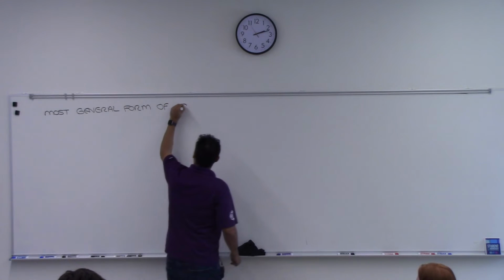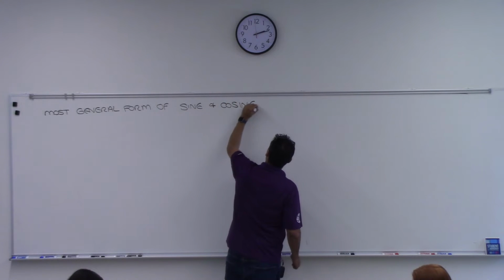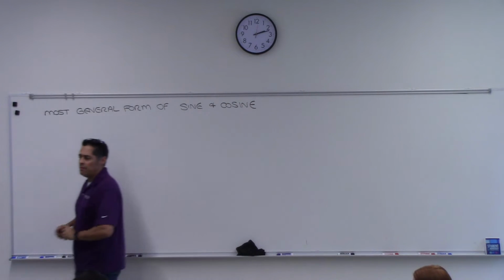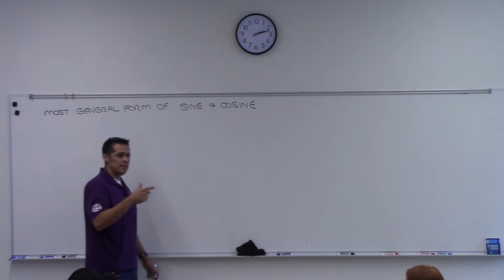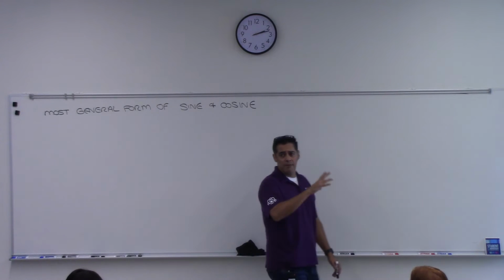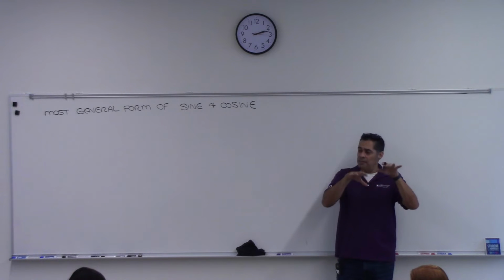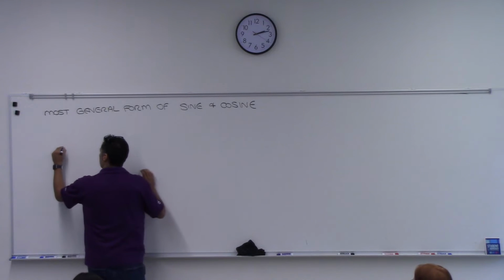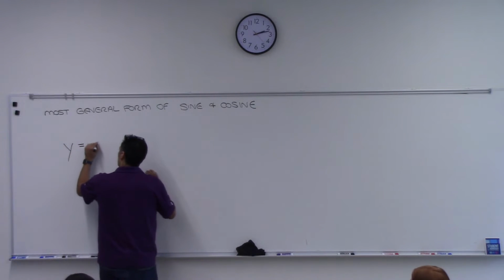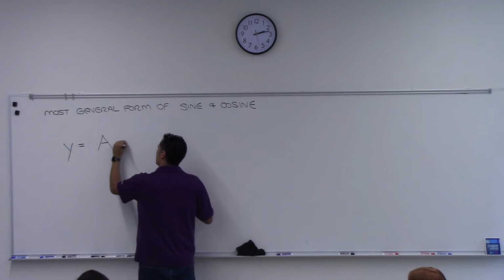of sine and cosine. Sine and cosine are the fundamental trig functions. From sine and cosine, you can build all the others: tangent, cotangent, secant, cosecant, all from those two. So we've looked at different adaptations of sine and cosine, but the most general way you could see a sine function would be y equals some number A, which would turn out to give you your amplitude,